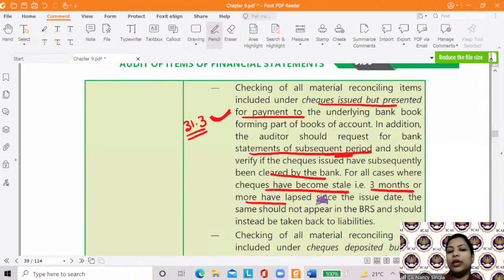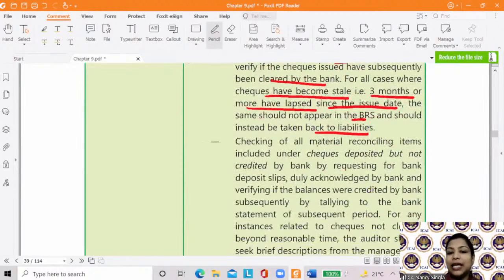If any of the check has become stale, that is 3 months or more months have lapsed since the issue date, 3 months के लिए ही a check is valid ना, उसके बाद it becomes stale ना, so that should not come in BRS, it should be taken back to the liabilities there, simple, ठीक है। Now with respect to another reconciling item, that is checks deposited but not credited by bank, ठीक है,